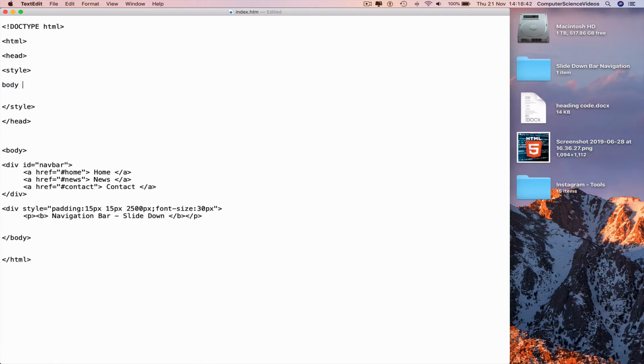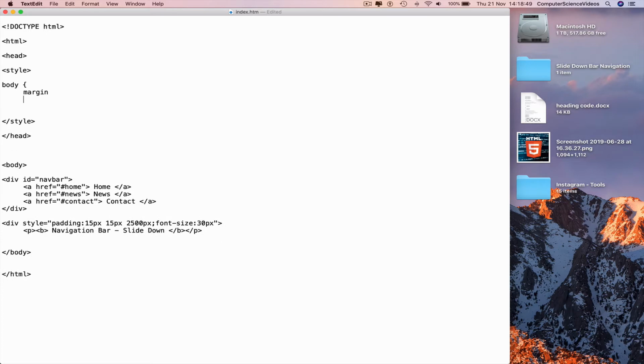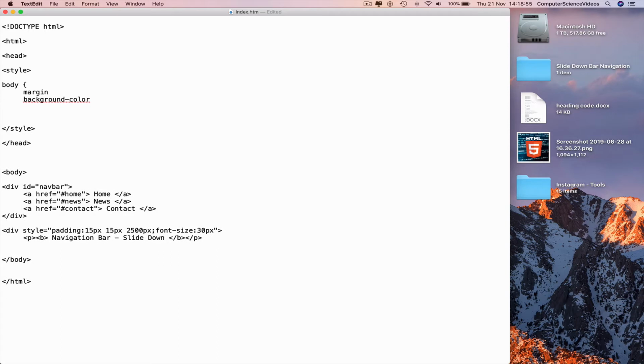Body, curly brace, new line, margin, background color, font family. Go back to the top, margin, colon, highlight, colon, Command C to copy and paste at the end of each word. Go back to background color, highlight, ignore the spelling, go to margin again, 0,